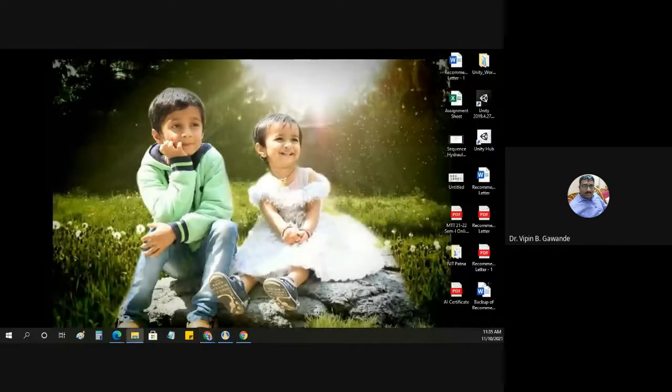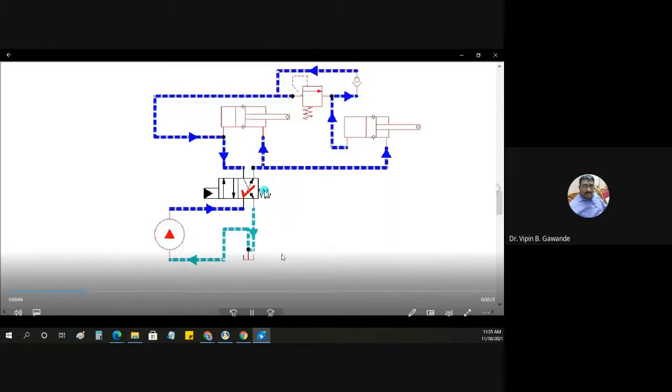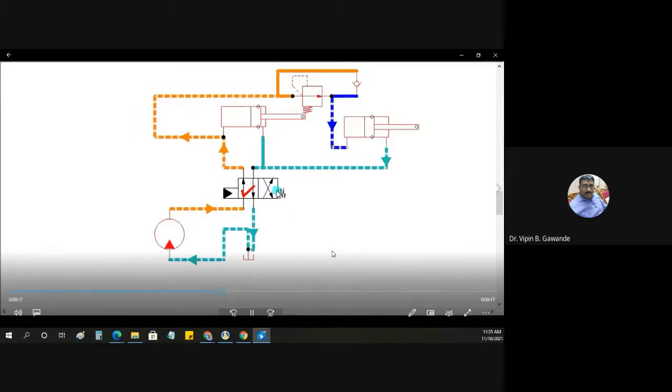So this is the sequencing circuit. I will open it. So you see, I have opened that one, and now see this one. This is what we have saved here. See, this is the sequencing circuit, the MP4 file I am playing now.